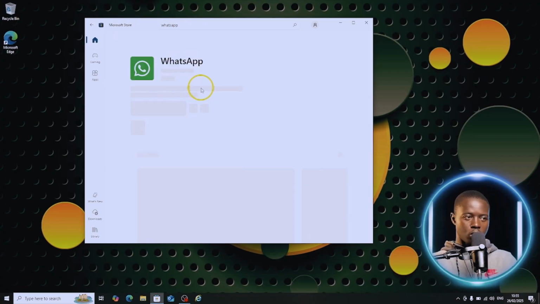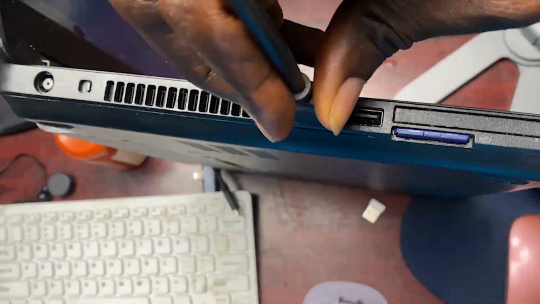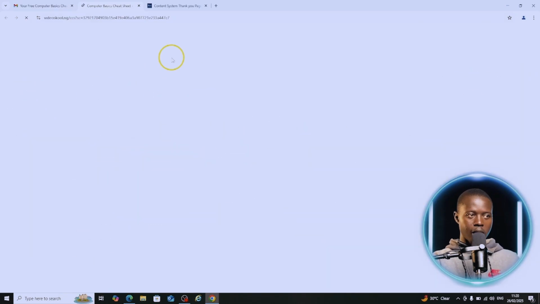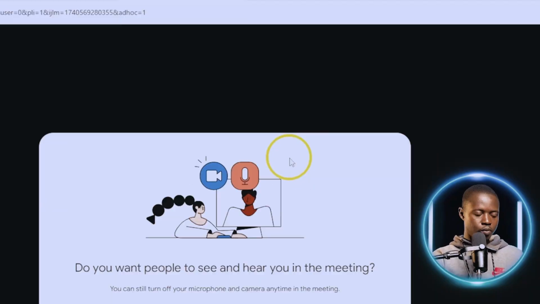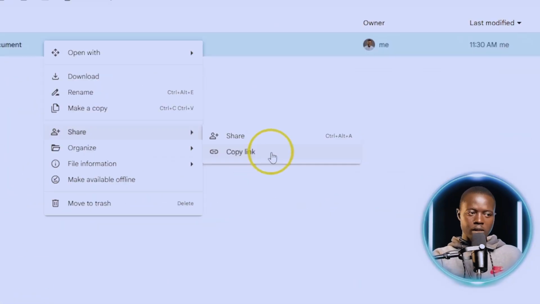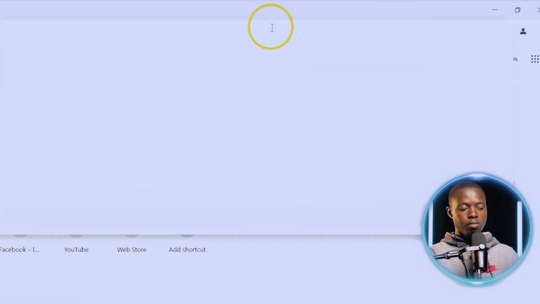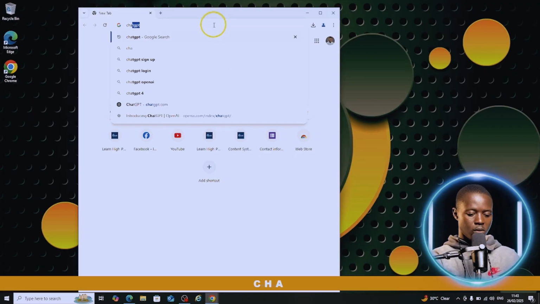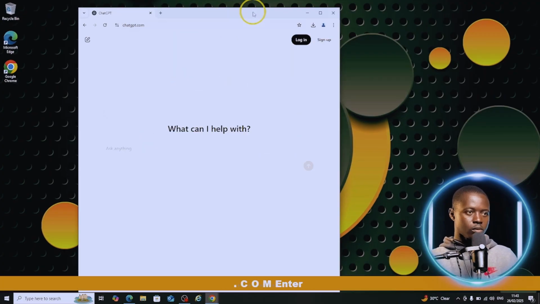In this free full course, I'm going to be walking you through everything you need to know to start making use of your computer, even if you're a complete beginner. Today, you will learn how to choose the right computer, set it up, download and install applications, manage your files, browse the internet safely, create and manage an email account, and use essential Google tools like Docs, Sheets, Forms, and Drive for cloud storage, plus Meet for online meetings. We are also going to explore search engines like Google and YouTube, and also have an introduction to AI and